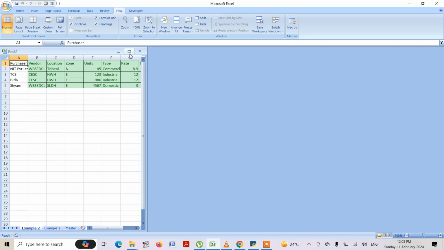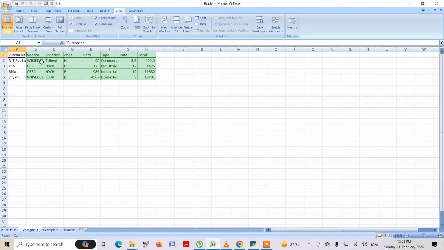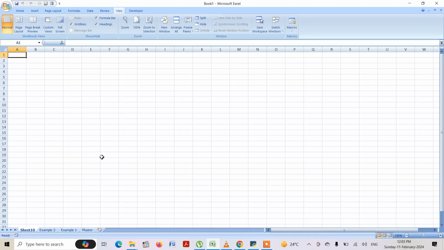What I did is that in the child table, the column labels are exactly the same as the master table, that is the number of columns which the child table is holding. So what if I want to filter only some columns, not all of the columns? So let me make another sheet. I'll be naming this sheet as final, and this final table would be holding